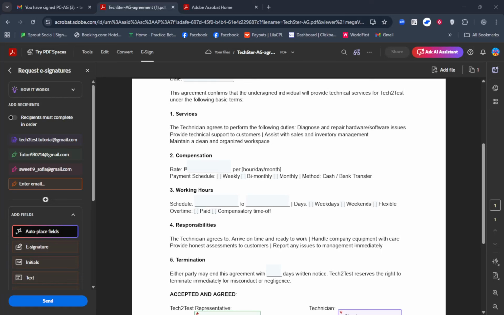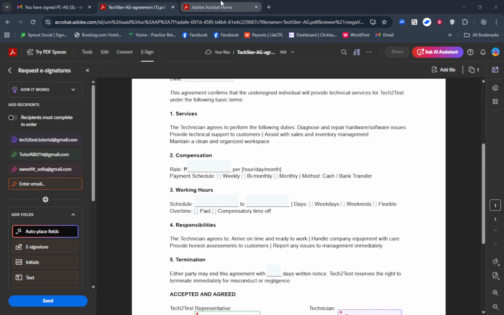In today's video, I'm going to teach you how to send Adobe Sign to multiple recipients. There are two efficient ways to handle this, depending on whether you want several people to sign the same agreement in a specific order, or you want to send the same document to many people so each person signs their own copy. I'll walk you through both, step by step, and add helpful context so you know exactly which option